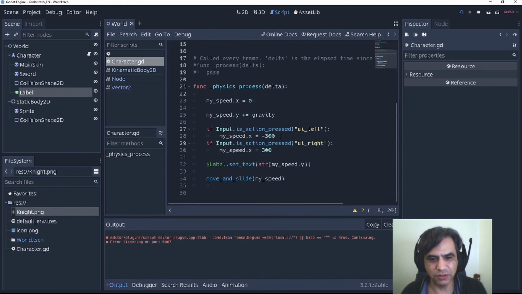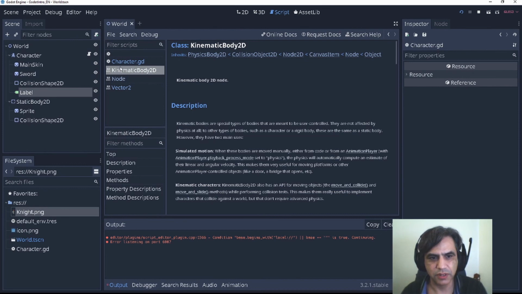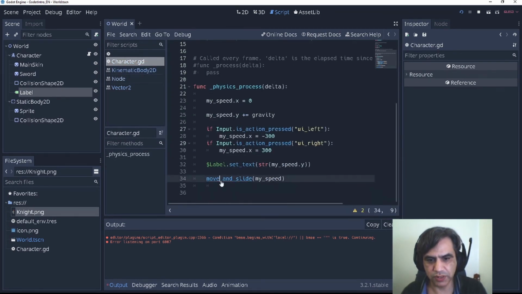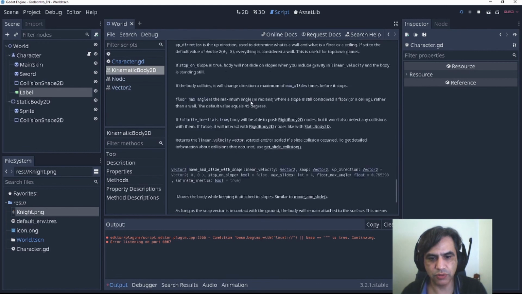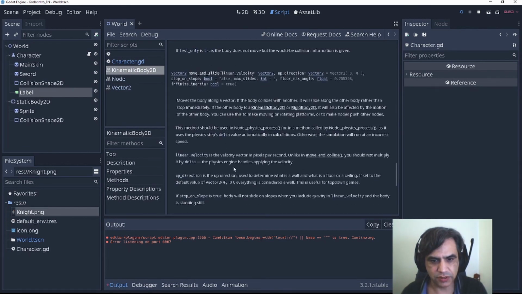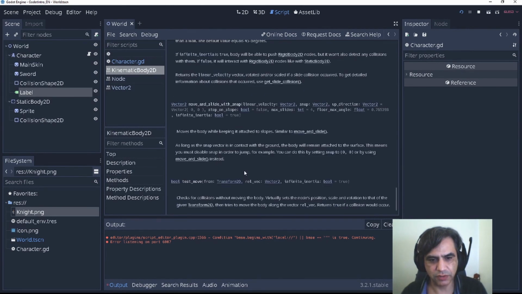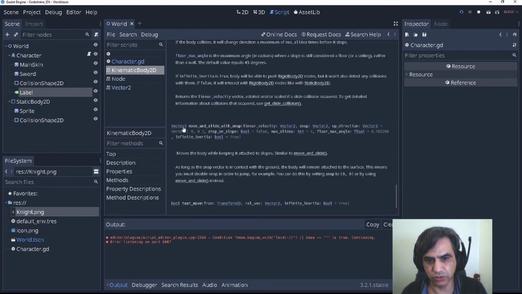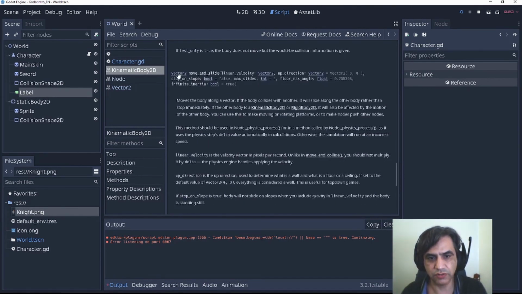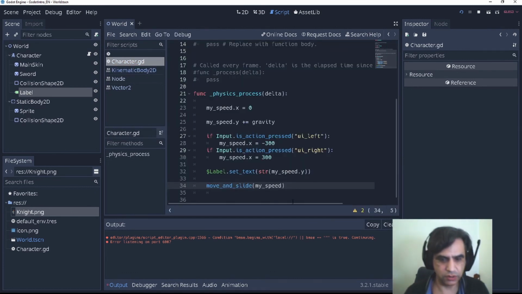If you want to get some information about move and slide, you see that move and slide returns a vector 2. These are the inputs that you give to move and slide, and this is what it returns. Actually it gives you the speed after something happens. So we can do something like that.